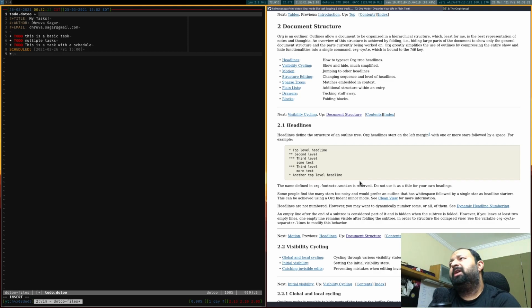Similarly, you can also have a task with a deadline, and that looks like this. Fairly similar. Let's say I want to complete it by 6 p.m. Okay, and so the difference between a scheduled task versus a deadline task is that a